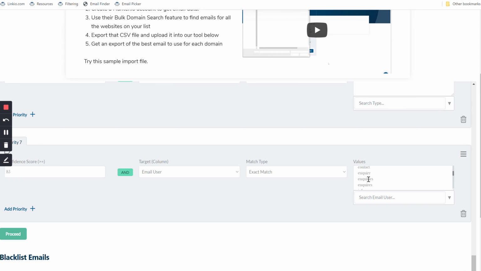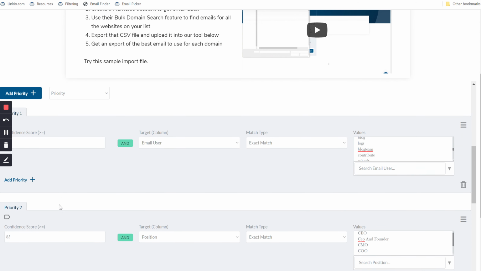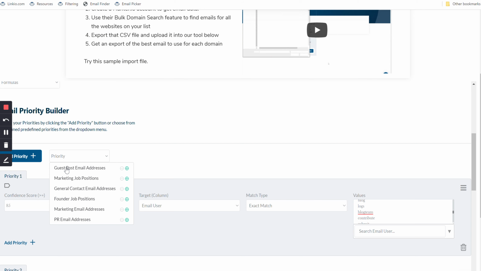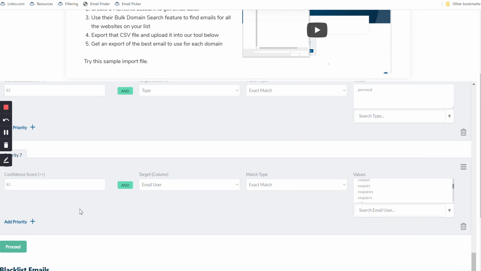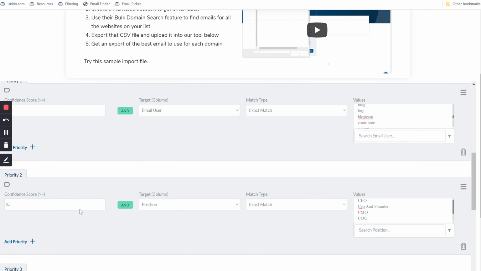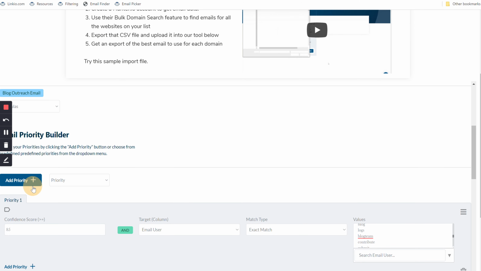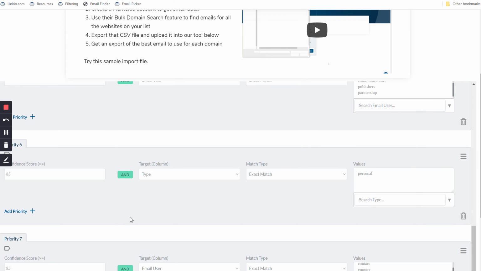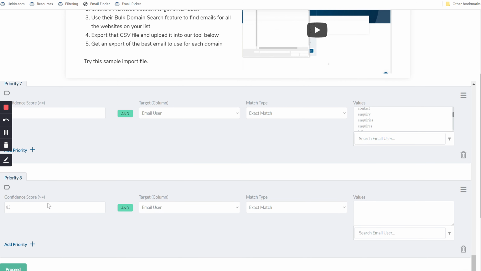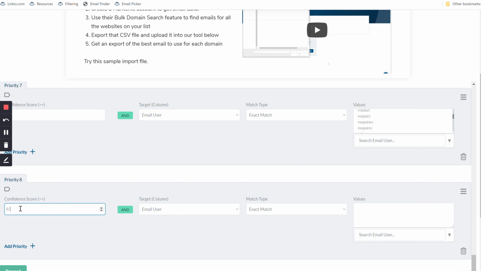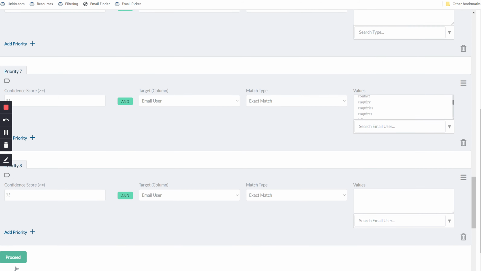And if it doesn't match any of these, you can add a priority at the end. In this final priority, you could say confidence score of 75 and nothing else. So if we proceed with that,